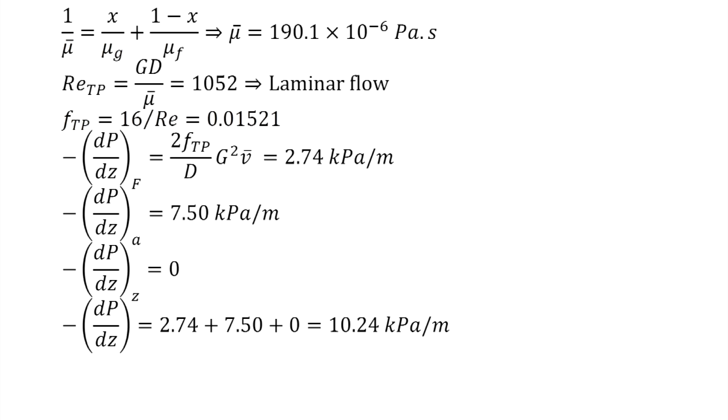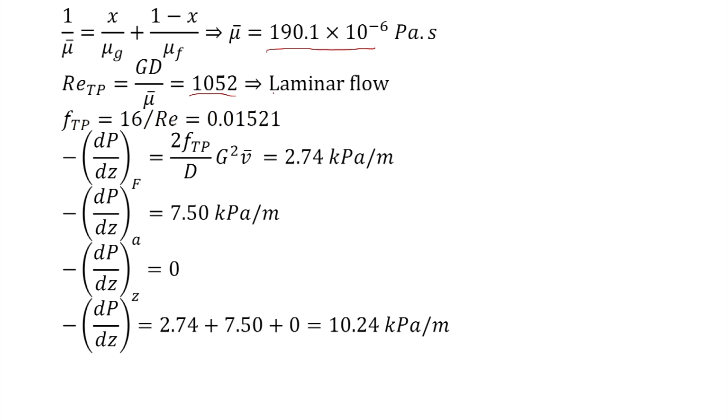Now, we will do a more accurate calculation. For that we have to estimate the mixture viscosity. So, we use McAdams' relation, 1 by mu bar is equal to x by mu g plus 1 minus x by mu f. So, mu bar is equal to 190.1 into 10 raised to minus 6 Pascal second. Using this, we calculate the two phase Reynolds number, which is G d by mu bar, and we get it as